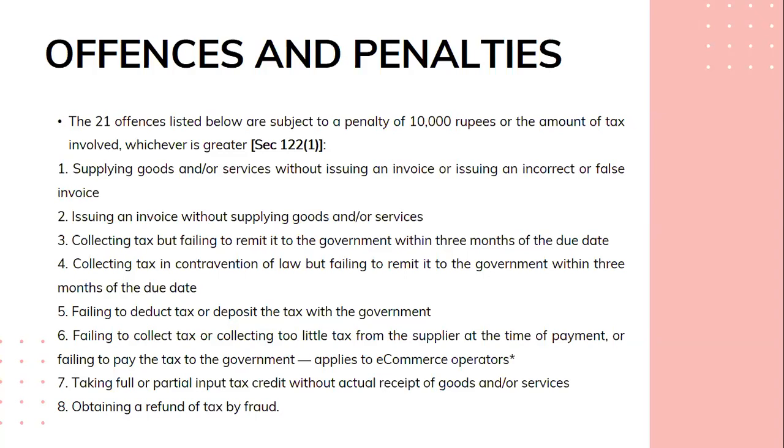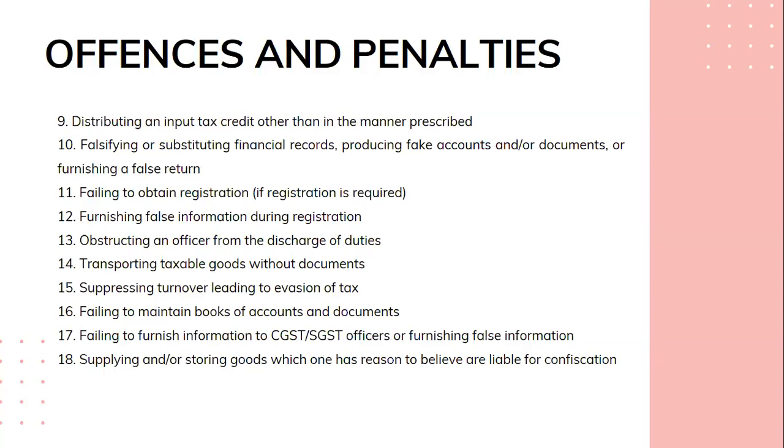So moving forward, the other offenses in the list of section 122 subsection 1 are obtaining a refund of tax by fraud, then distributing an input tax credit other than in the manner prescribed, falsifying or substituting financial records, producing fake accounts and or documents, or furnishing a false return, then failing to obtain registration if registration is required, then furnishing false information during registration, obstructing an officer from the discharge of duties, transporting taxable goods without documents, suppressing turnover leading to evasion of tax, failing to maintain books of accounts and documents,